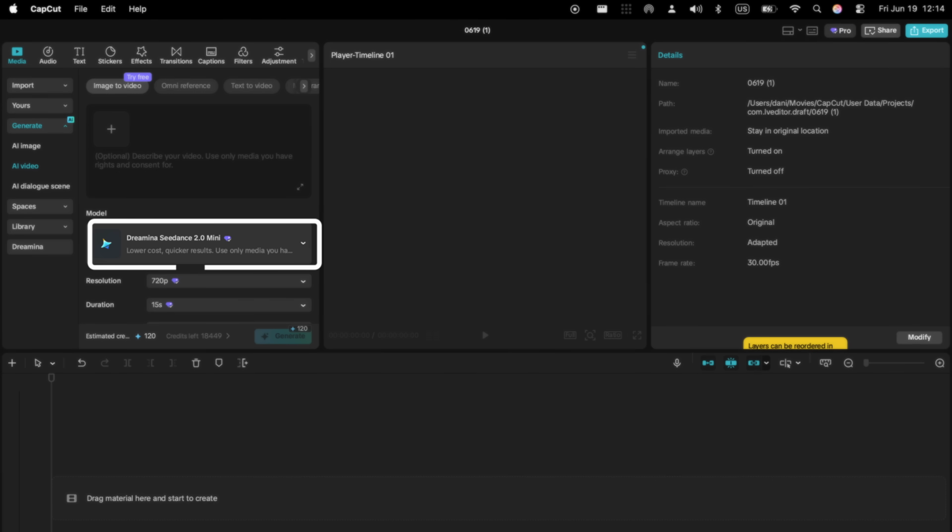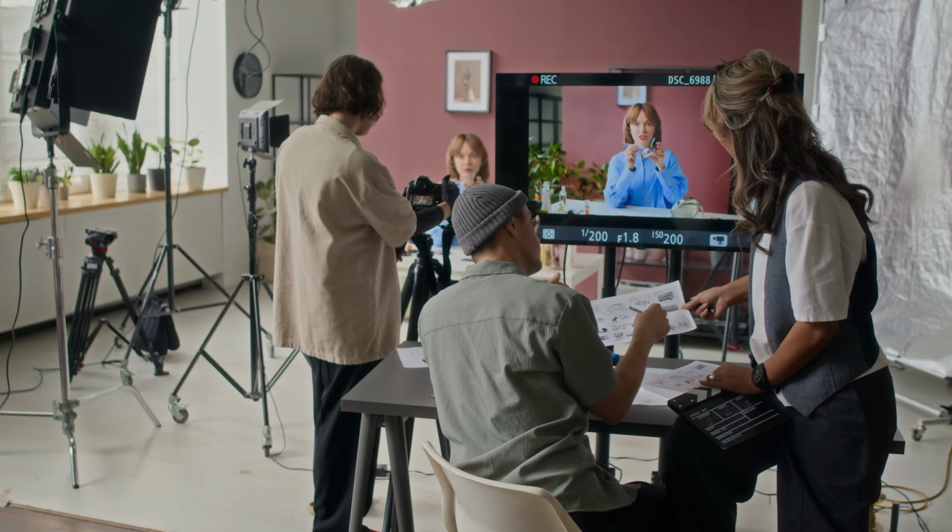With CapCut PC and Seedance 2.0, you can batch generate and stylize footage effortlessly. No camera, no crew, no expensive shot. Just one photo, a few short words, and you get back a whole set of fresh ad clips, ready to post on social. Today I'll show you exactly how to do it step by step on your PC. And trust me, once you see how fast this AI video generator is, you won't want to go back to